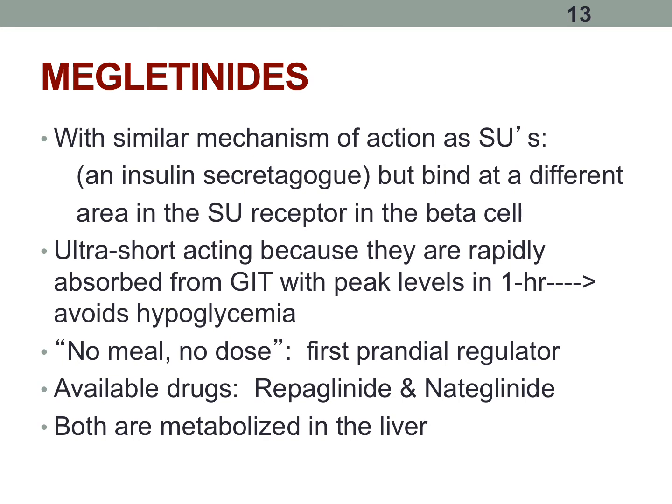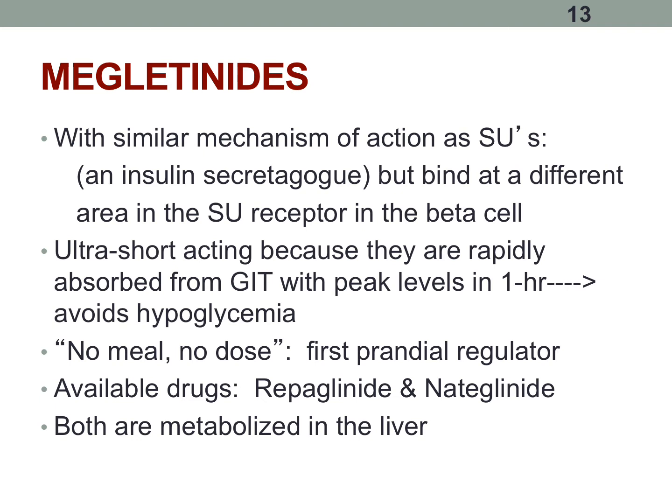But the meglitinides, as compared to the sulfonylureas, which have a total duration of action of 12 to 24 hours, tend to be short-acting, in fact, ultra-short-acting. And this is very important because they're rapidly absorbed from the gastrointestinal tract, peak within an hour,